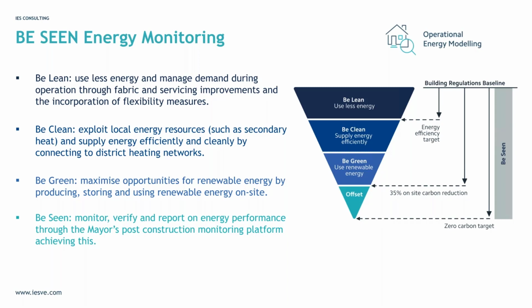As mentioned, the Be Seen, Be Lean, Be Clean, Be Green offset triangle is likely familiar to many of you who have worked on previous London Plan policy compliance. This goes some way towards the intention of reducing greenhouse gas emissions. It is the introduction of Be Seen that has greatly and positively, in my opinion, enhanced the energy model and should serve to significantly reduce the commonly perceived performance gap between the normalised energy from building regulation calculations and actual energy performance in use.